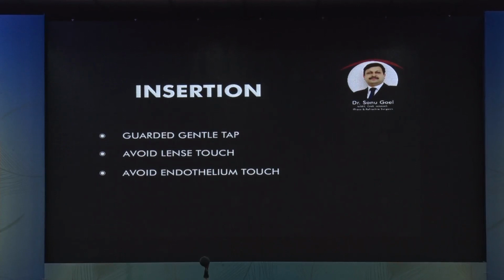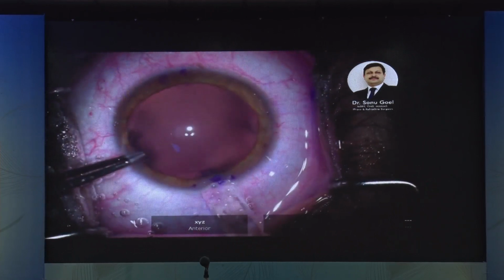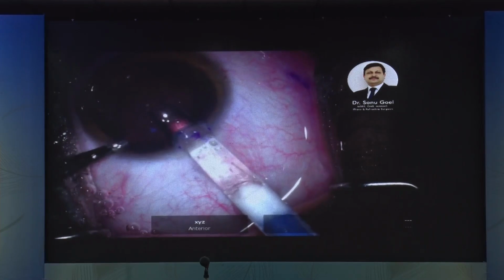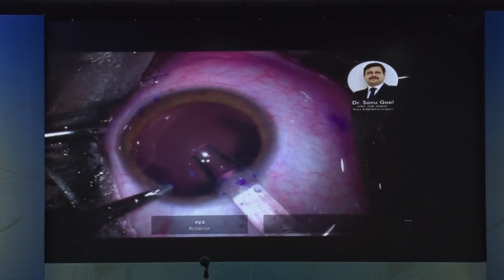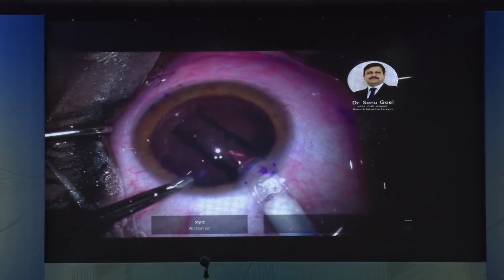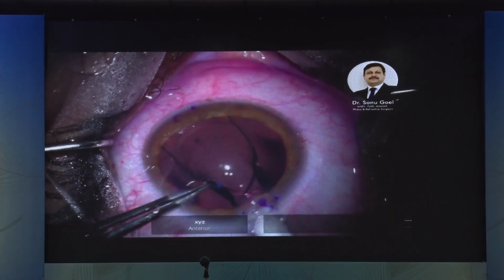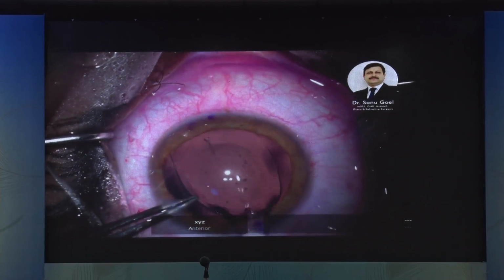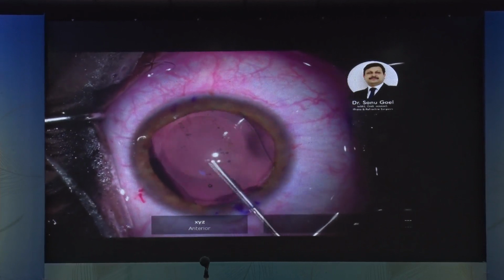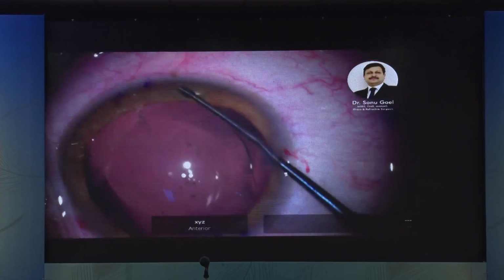When you are inserting, you have to be very, very careful that you don't touch the endothelium on top or the lens epithelium below. So watch carefully. I put in the injector. The cartridge is within the wound, and very slowly with a tapping action, my eye is always on the three holes: the front, the middle and beneath, the trailing. If the three holes lie in the same plane and open up in a horizontal plane, never shoot towards the sulcus, always shoot on the iris.